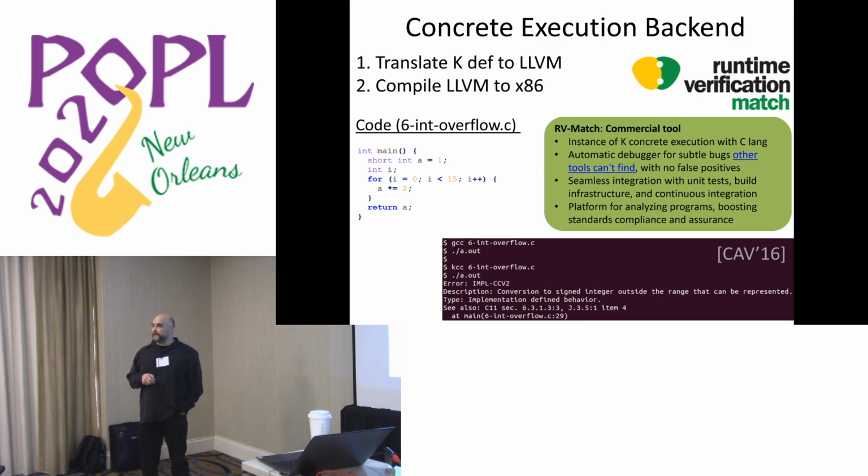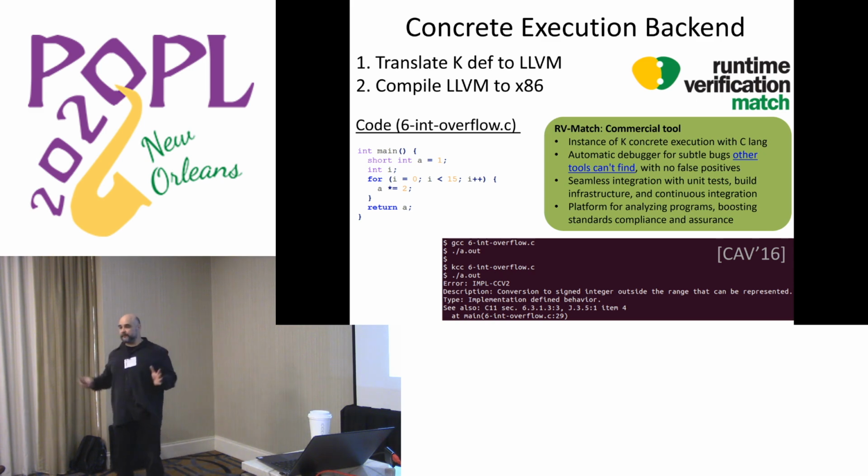When you run it with the RV-Match tool, specifically with the kcc tool, part of the RV-Match toolkit, you have exactly the same experience as a user as you have with GCC. We actually spent a lot of time trying to make it very easy to use. Initially, as you can imagine, it was complicated to use. We had to compile the semantics first, then link the program, parse it, and so on. And we lost lots of users because of that. So we spent a lot of time in the company thinking how we can make it really easy to use. And somebody came up with the idea, let's make it a one-character learning curve. And okay, let's do that.